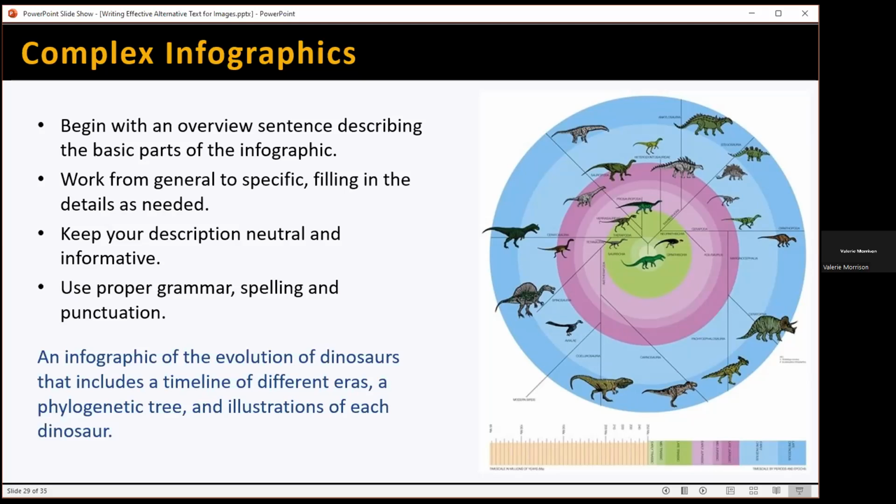I might even refine my alt text there and say an infographic of the evolution of dinosaurs with 3 main sections: a timeline of different eras, a phylogenetic tree, and illustrations of each dinosaur. So that's kind of helping someone understand how many parts are involved, and it's just a little bit more helpful to the listener. So you always want to, again, no matter how complex an image is, no matter how many parts,